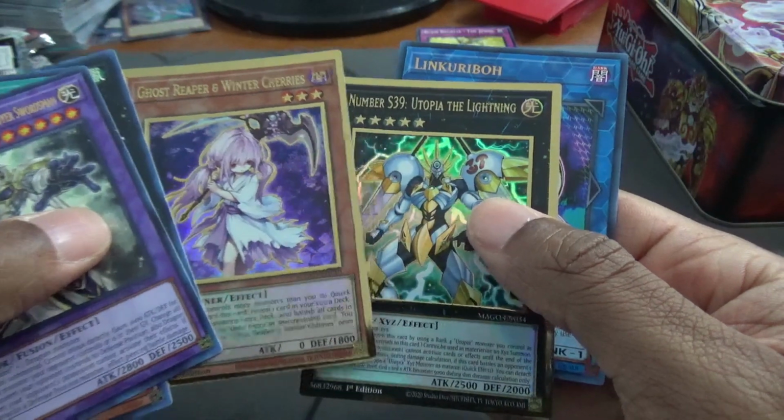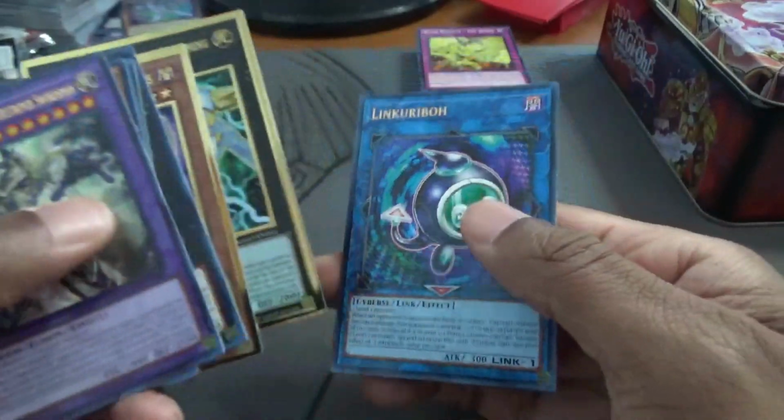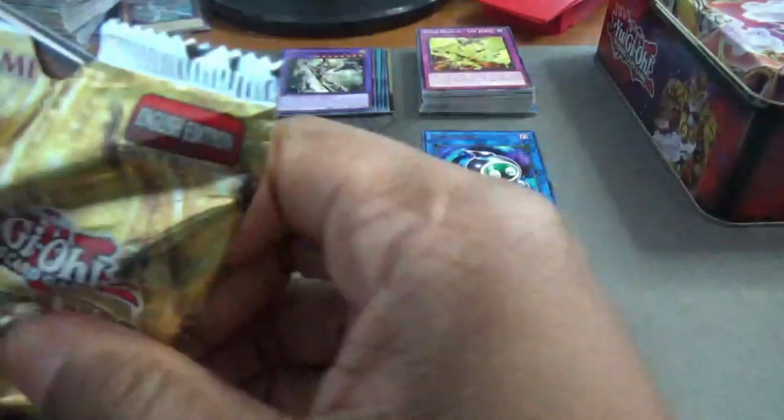I'm going to let the plane go by. We have a Ghost Reaper, a Utopia, and a possible upgrade to a Linkuriboh. Although I don't think that we were running Linkuriboh in the deck at all. That might be a good card to have now, since we're running